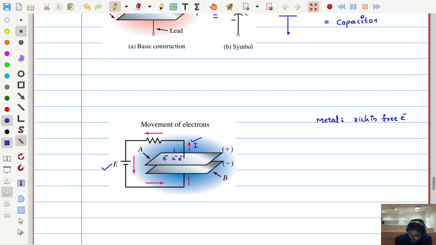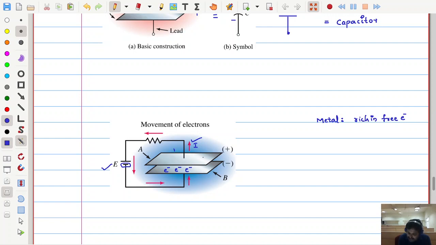So all these electrons are pulled by the battery and reach the battery. The same number of electrons will be pushed towards the other plate and it is charged. These free electrons get charged by the negative terminal of the battery. Initially the plate is not holding any charge, only free electrons are there. Now when we connect a battery, these free electrons are all pulled out of the upper plate, whereas the lower plate is filled with charge in the free electrons.